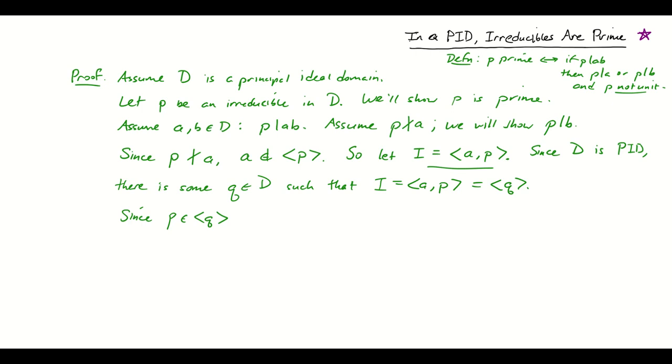So since P belongs to the ideal generated by Q, there is some element, I'm going to call it R, some R in D such that P is equal to QR, because being in the ideal generated by Q makes you a multiple of Q. So P has to equal QR. And now at this point, aha, I've got this irreducible written as a product of two things. Now let's use that. So since P is irreducible and a non-unit,